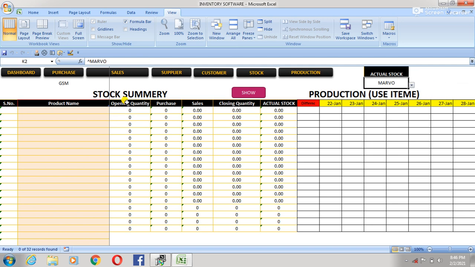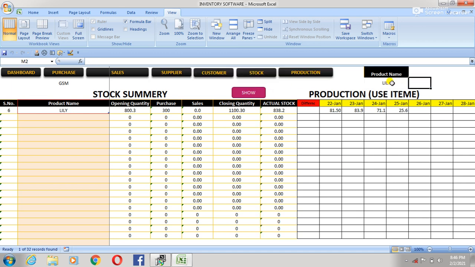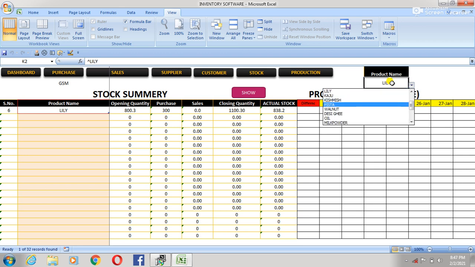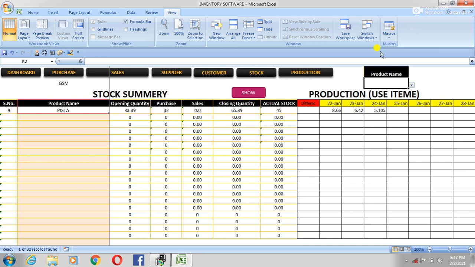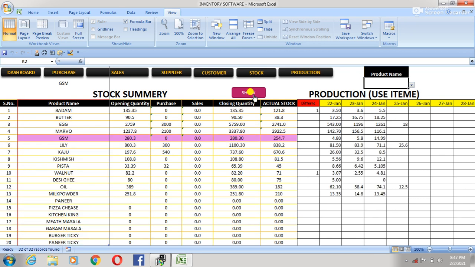Select here the product name, because our Marbo is a product name, so here Marbo. Okay, show Marbo. Okay, and the automatic filter is applied from the automatic coding, Visual, macro. Click, okay, enter. If you want all the data, delete here and click here, Show. Okay, your data is ready.